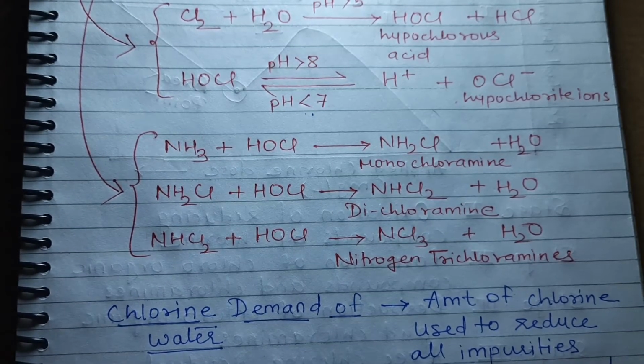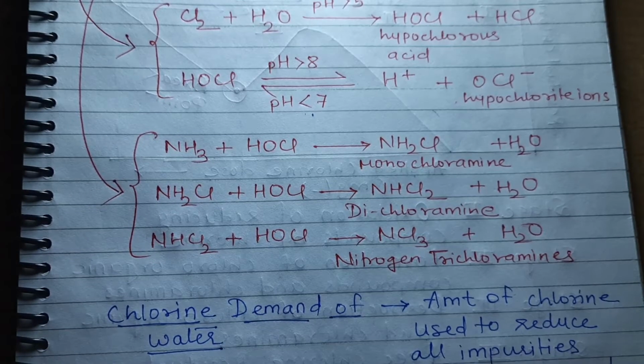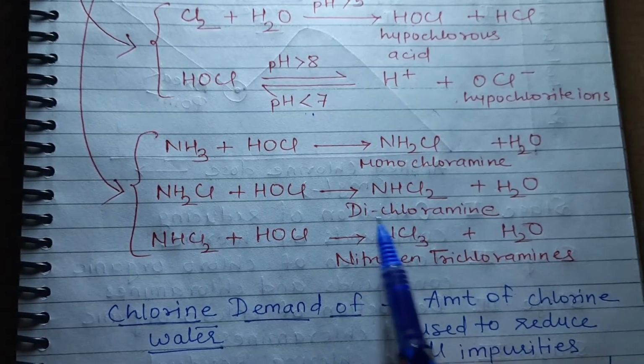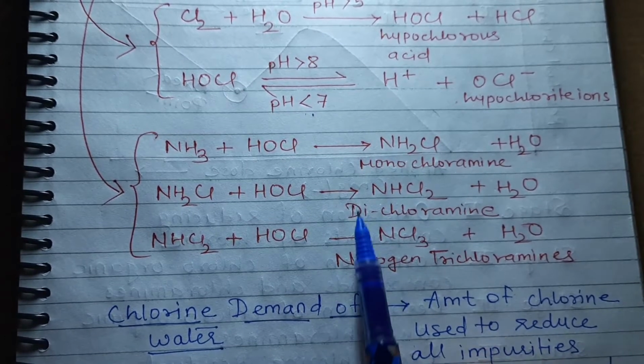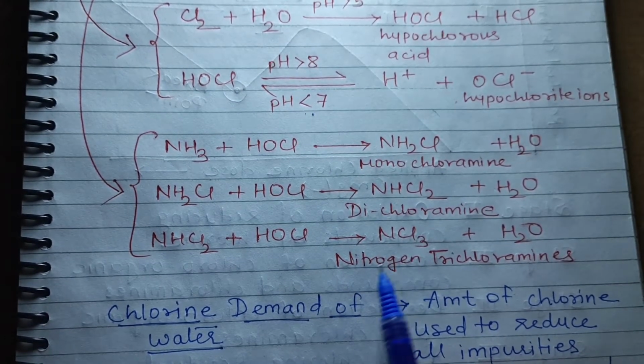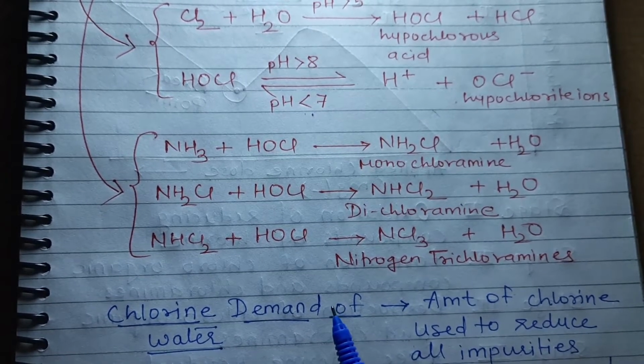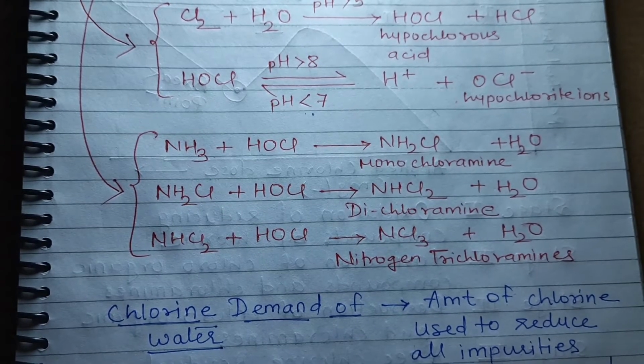When you add other chemical disinfectants like ozone, like potassium permanganate, like bleaching powder, they are immediately destroyed. You add them, they are consumed in water and they are destroyed. You cannot maintain a residual quantity of them. But the advantage with chlorination is that we can maintain a residual chlorine inside the water, which will actually prevent the contamination of water with microorganisms in future, even after the treatment process.